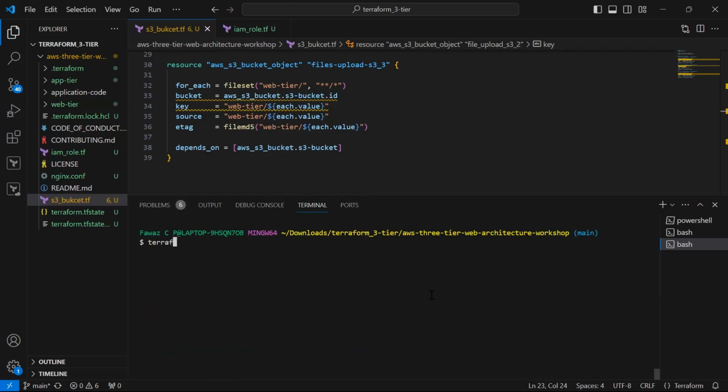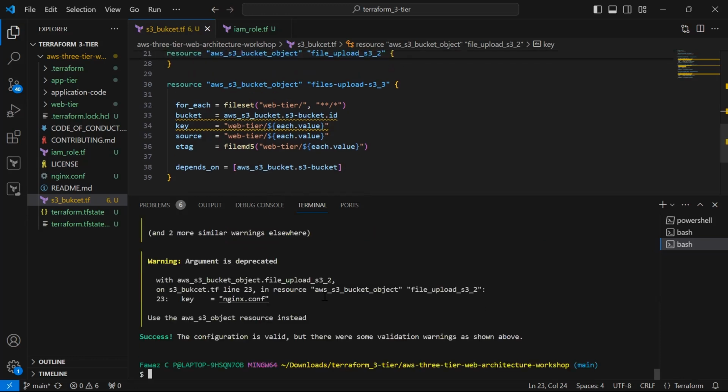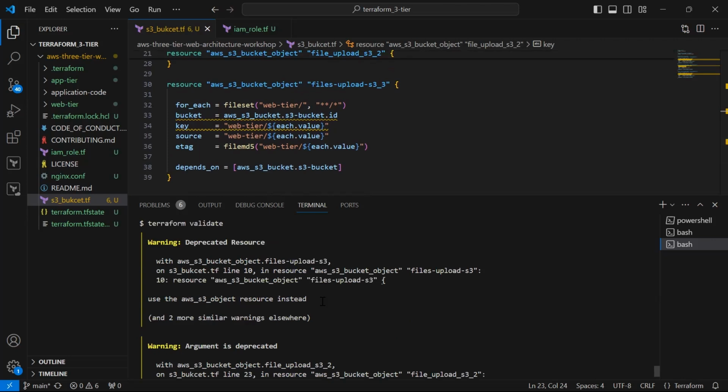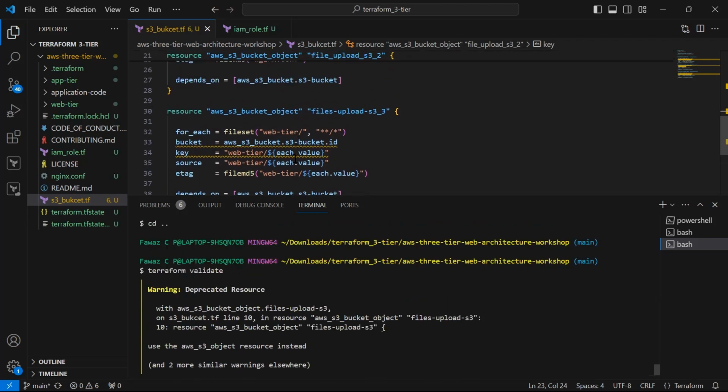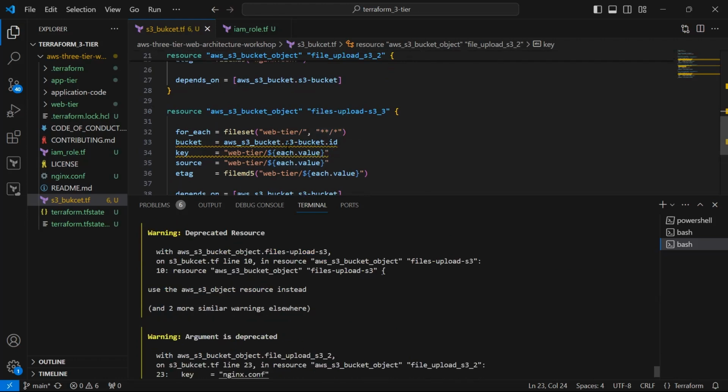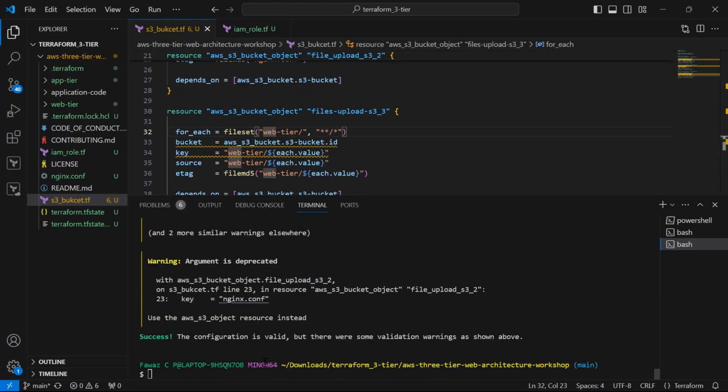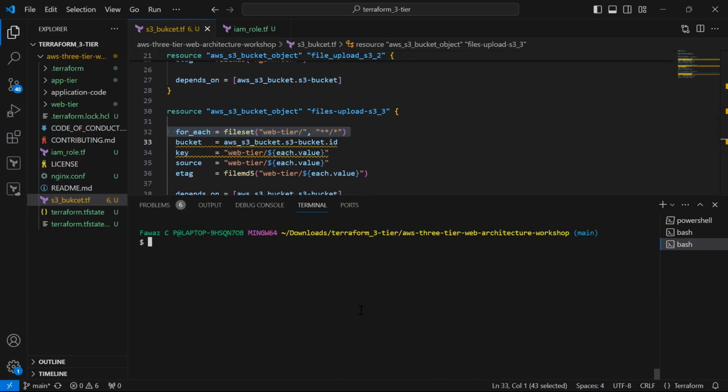Now let's validate it again. All right, so the error that we have got is because our application code, Nginx configuration file, and the web code were in a different directory, so we have not mentioned that path over here. I think you could either mention that path over here, or you can move all that code into the directory where we already are. So I will just write